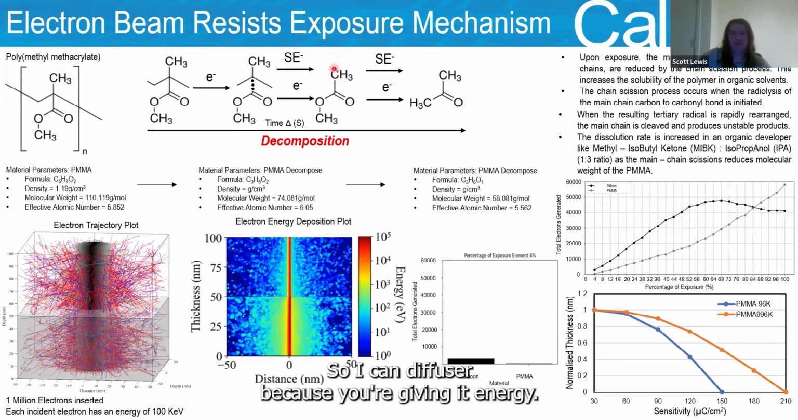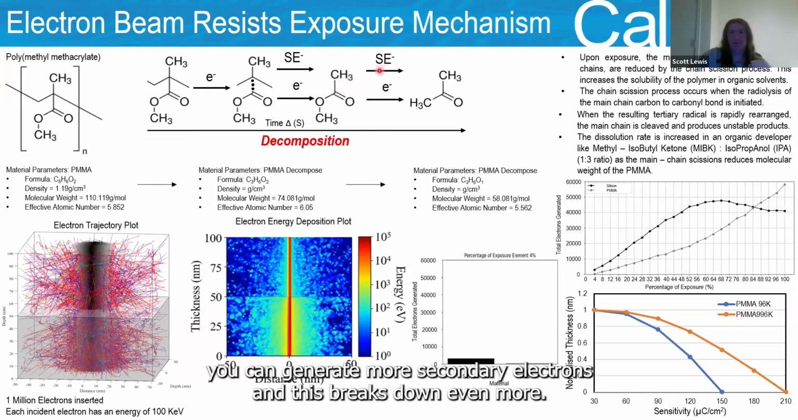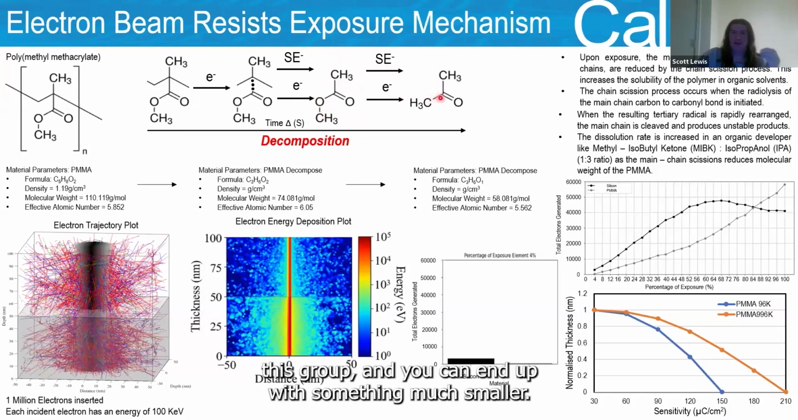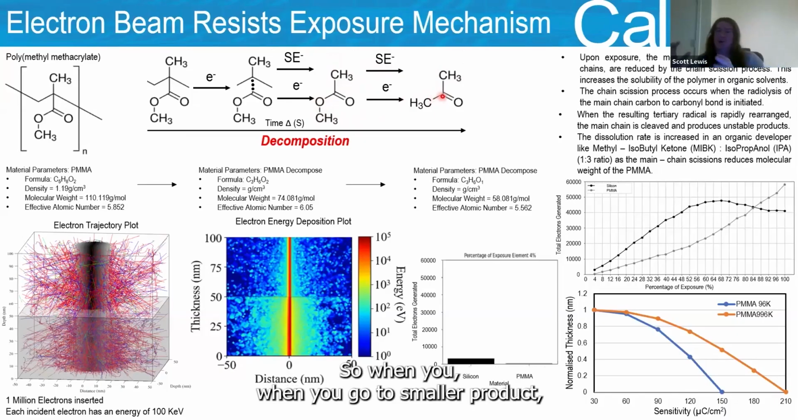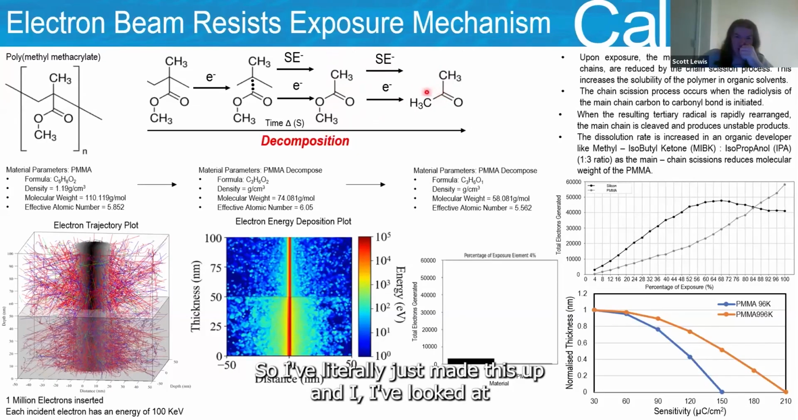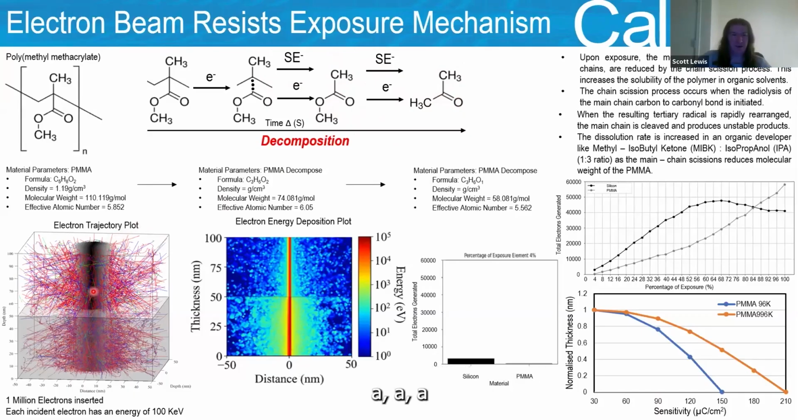So that can diffuse through because you're giving it energy. And then you can generate more secondary electrons, and this breaks down even more. So you can basically get rid of this group, and you can end up with something much smaller. So when you've got a smaller product, your density usually increases. Okay, so I've literally just made this up, and I've looked at